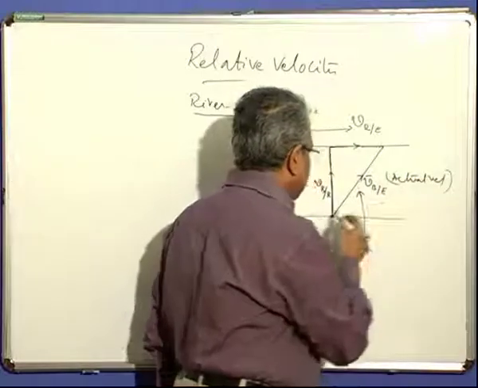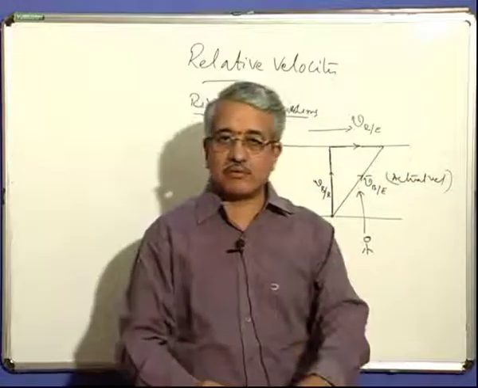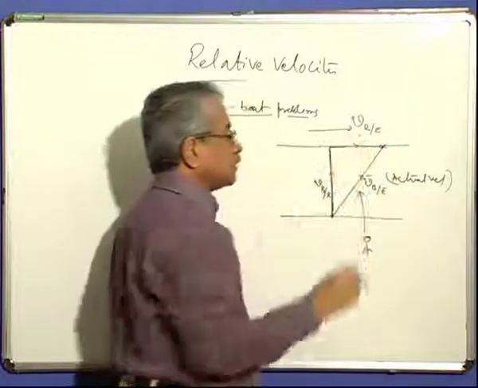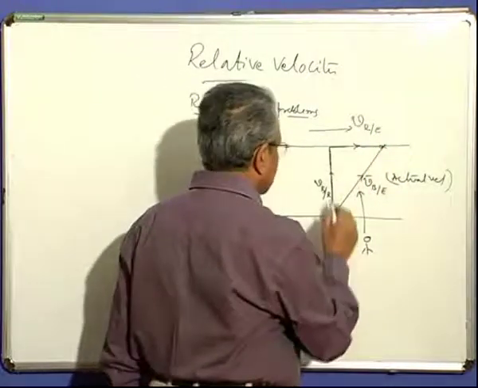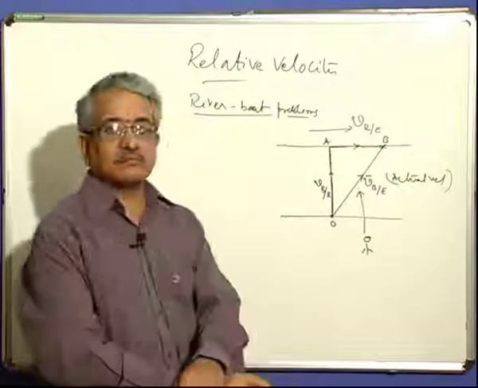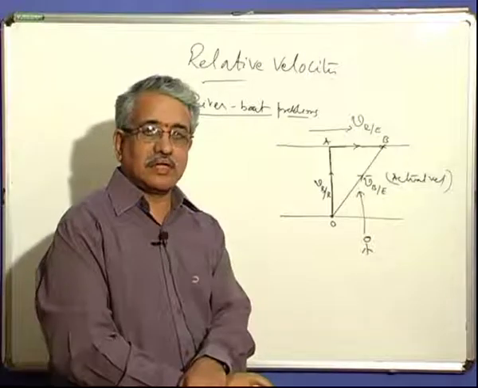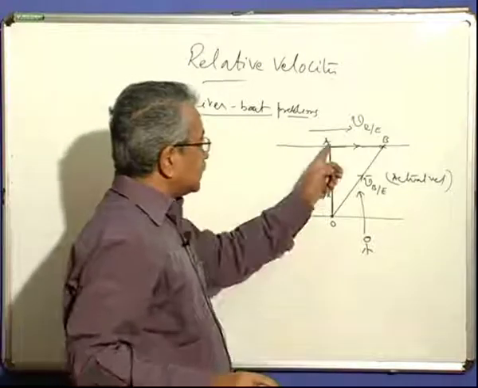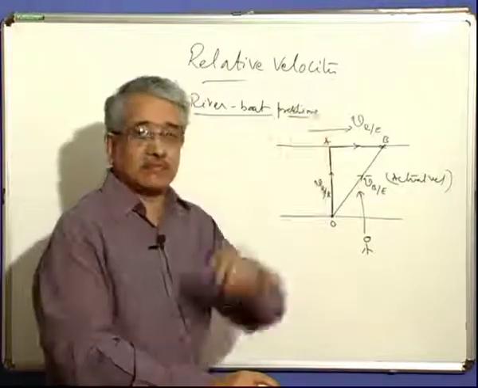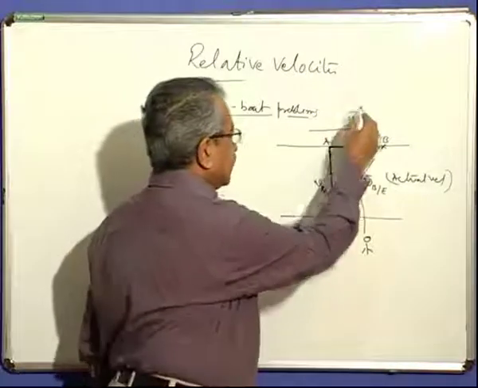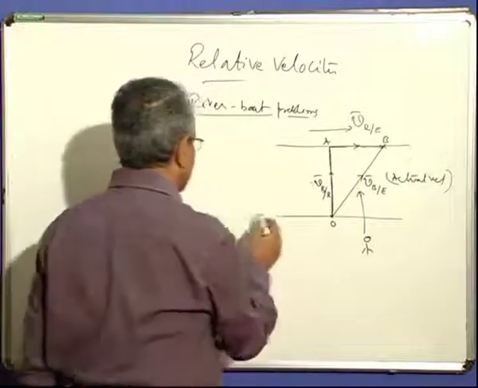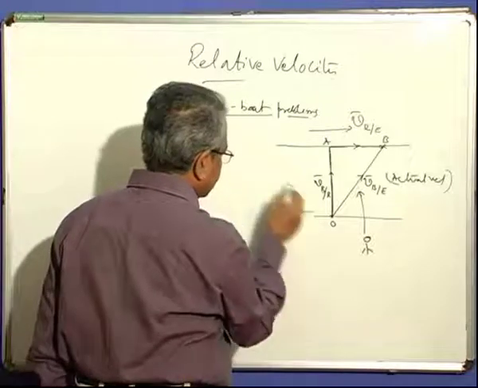So ultimately, because everybody moves in the direction of his velocity only, he will not reach here, he will reach here at this point. So if this is O, this is A, he will reach at B. He will not reach at A. Suppose he wants to reach at A directly. He must have an idea before starting itself that the river is flowing with velocity VR. So I must not head straight away. I must head away like this. So he must head like this.